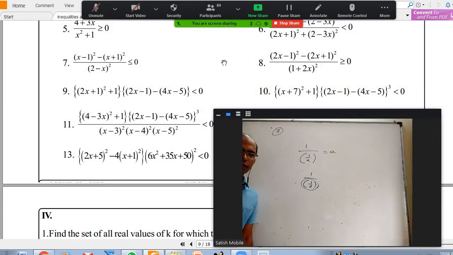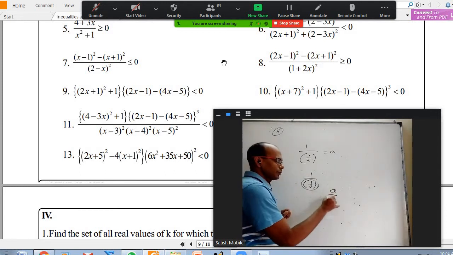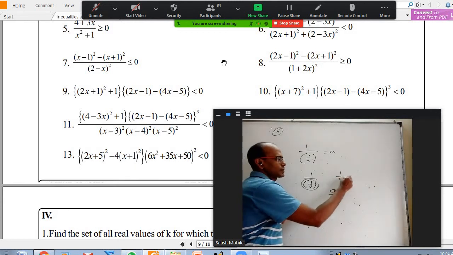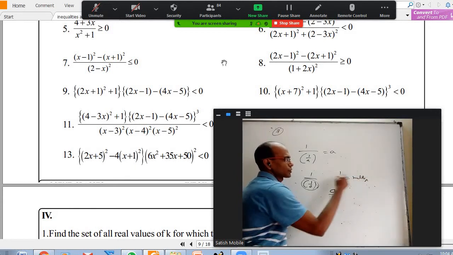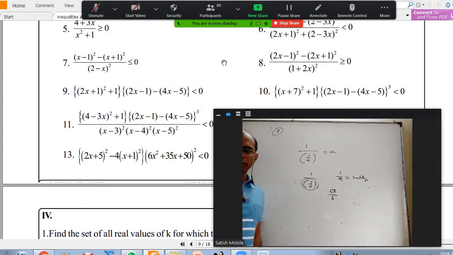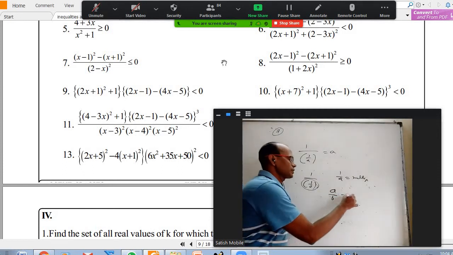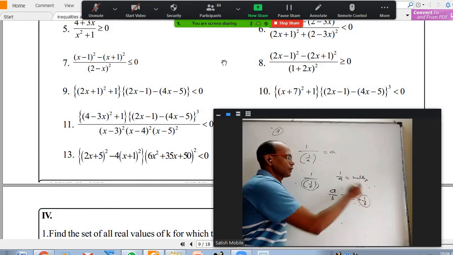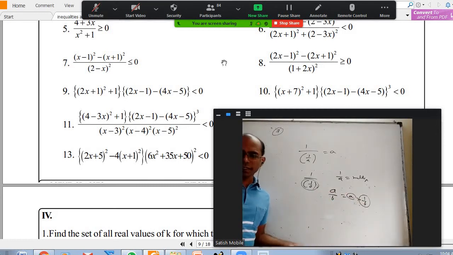If somebody asks you what will happen to 1 by 0, you tell them it is a wrong question. a by b is not defined when b is 0. That's it. The question is wrong. There's nothing like asking what will happen to 0 by 0. According to maths, 1 by a means the multiplicative inverse of a. That's the definition. a by b means a into 1 by b, that is a into the multiplicative inverse of b. And 0 doesn't have a multiplicative inverse, so there's nothing to talk about 1 by 0.